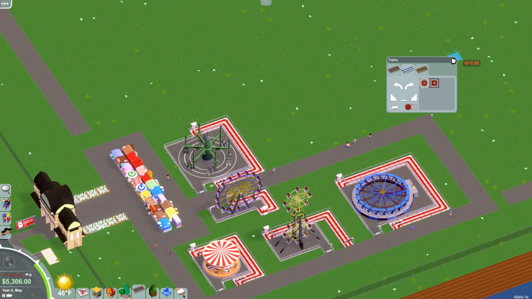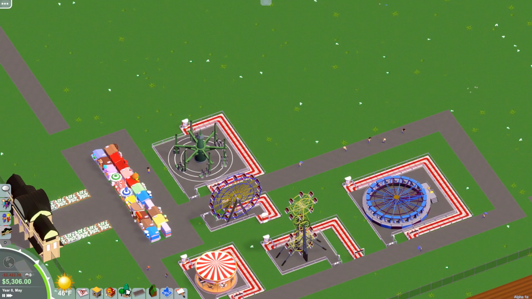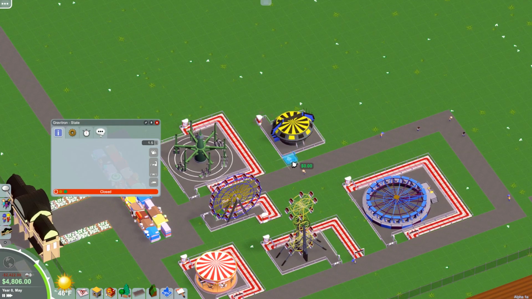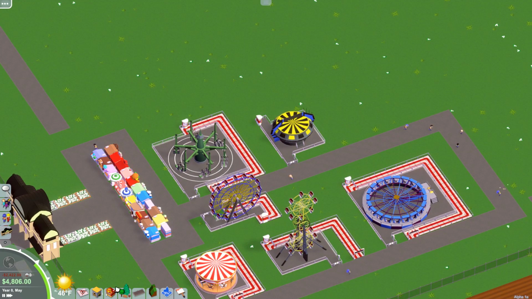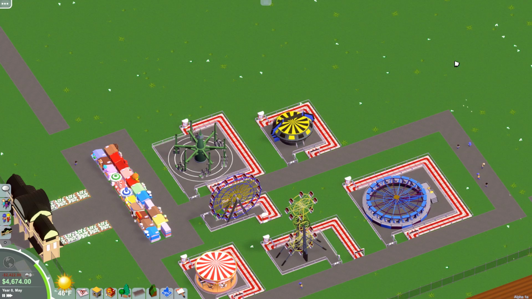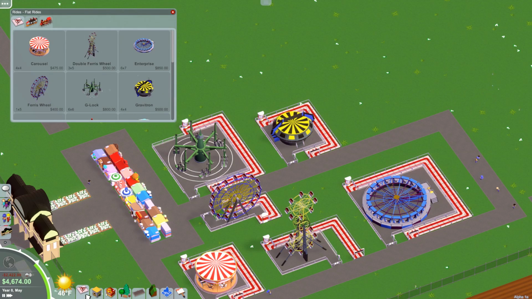You don't want to have the queues be too crazy long, because then people are going to wait an awful long time to go on that ride, and they're not going to be happy about that. So you do want to have it so it's a decent amount of time for them to wait, but they're not going to be standing there for hours to go on like a 2-minute ride. You do kind of want to find that balance, and this is what I found has kind of worked for me. You put the entrance on one side, exit on the other,